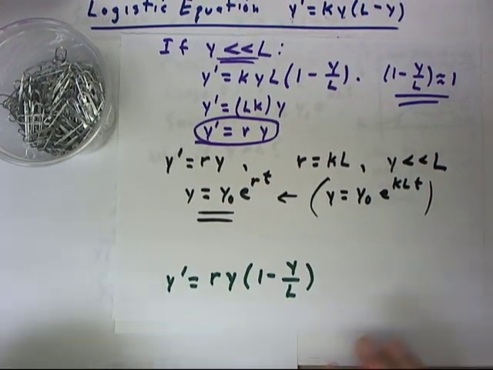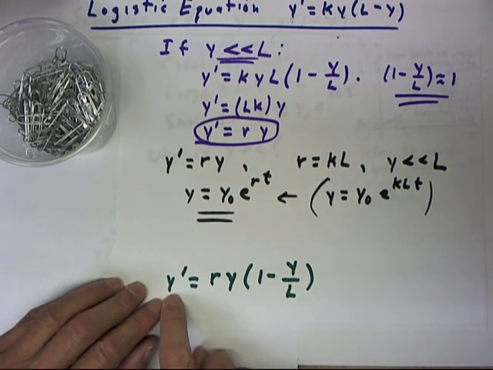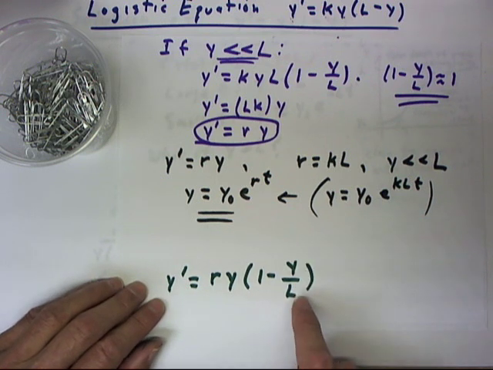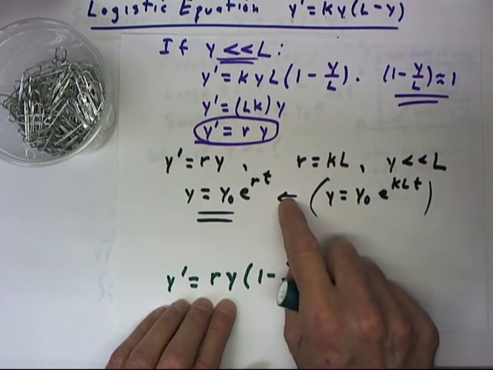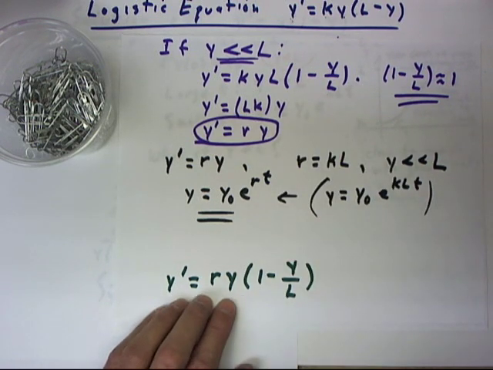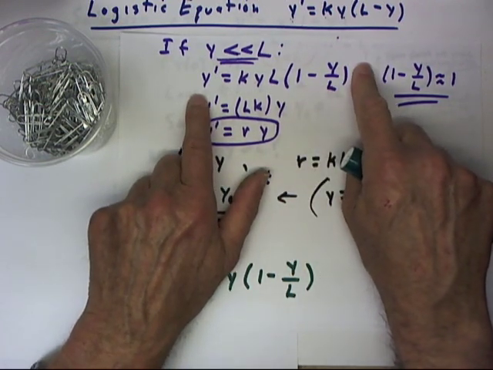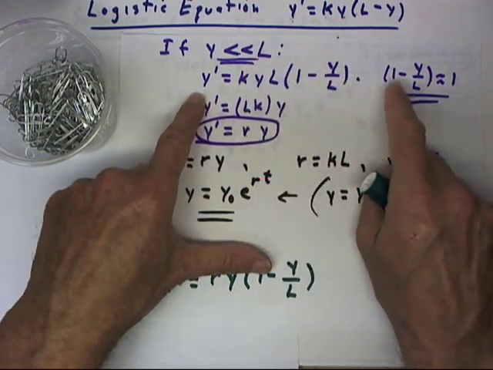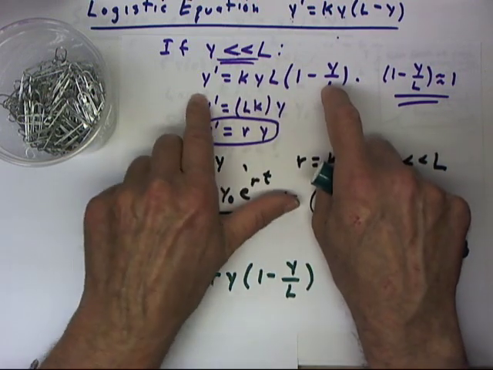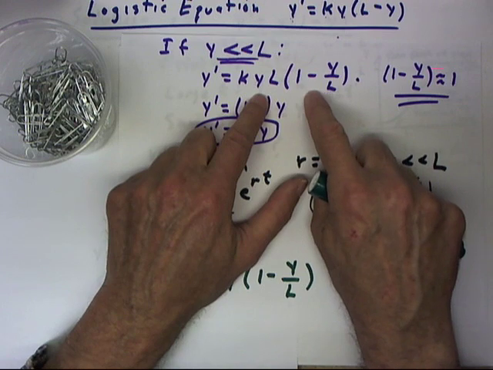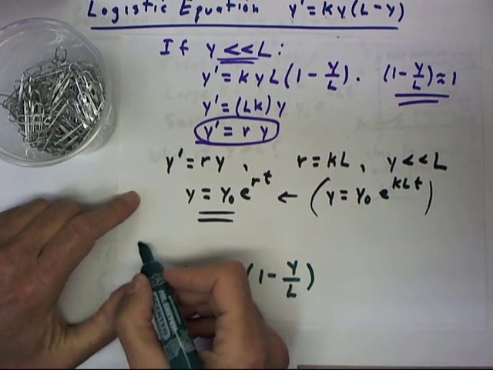A very common form of the logistic equation in textbooks and in writing would be this: y prime equals ry times 1 minus y over L. Now, this is identical to this equation, with r equal to kL. And this equation did not depend on our assumption that y is much less than L. Everything that follows from this step down does depend on y much less than L. But this equation holds, and this equation is just a simple rearrangement of this equation,